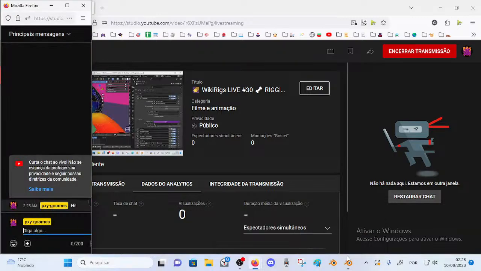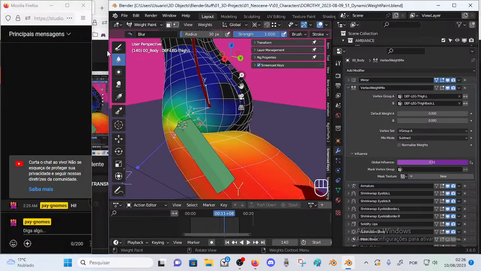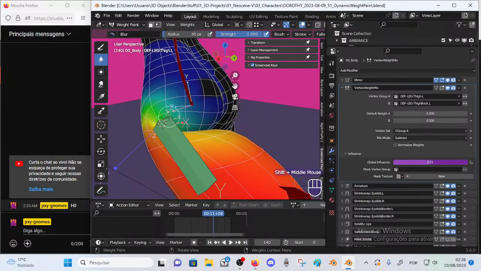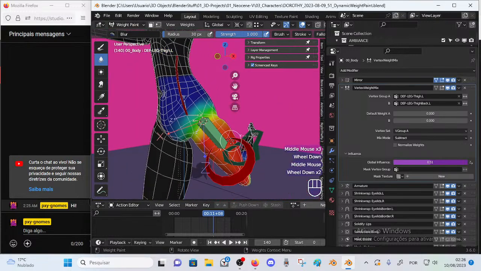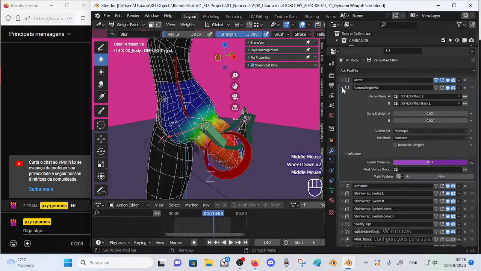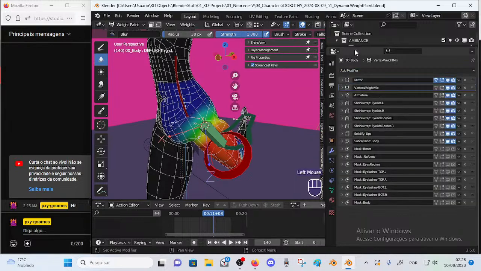This is Gnomes. We are going to continue in this proof of concept for this complex joint rig using organic rigging, right? Using the vertex weight mix modifier. This is an object modifier that we find here, and the proof of concept is that I'm attempting to make good deforms